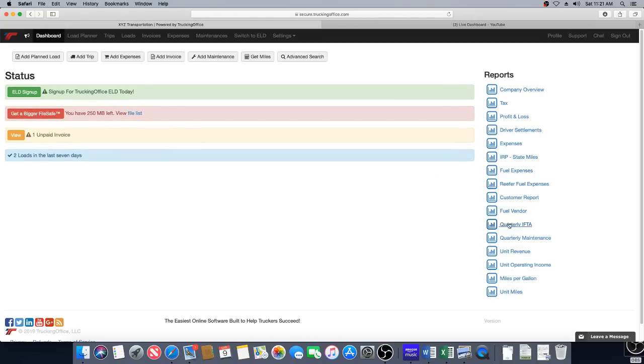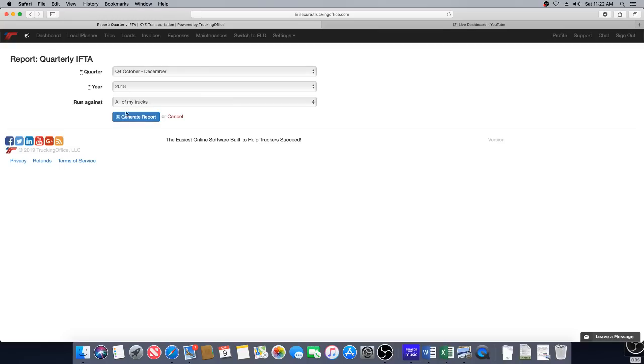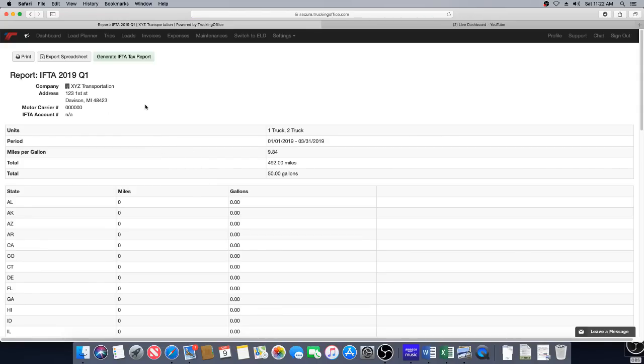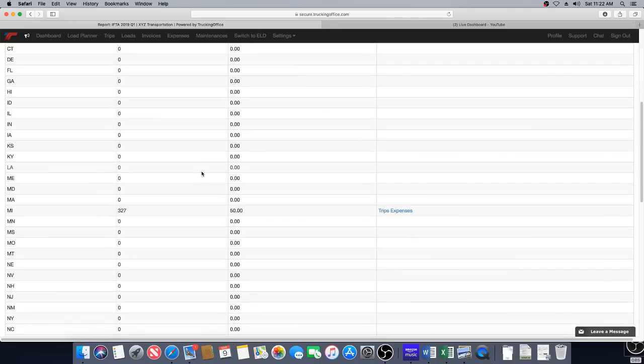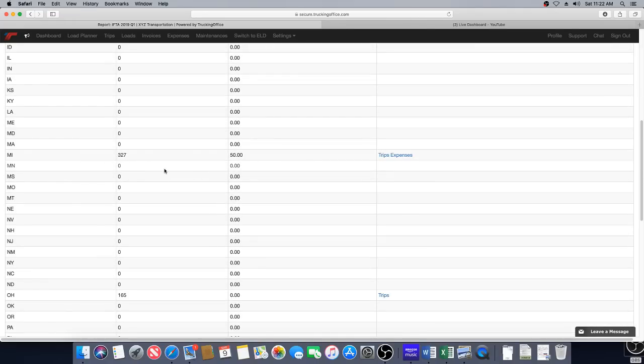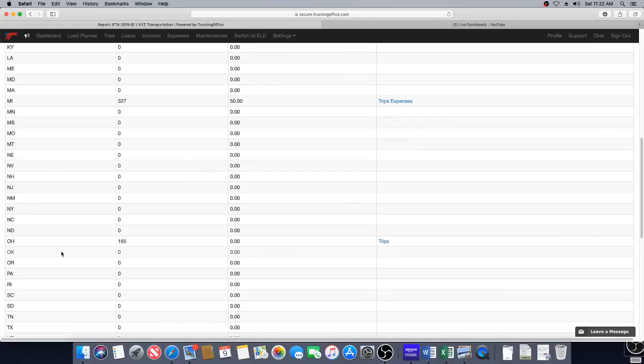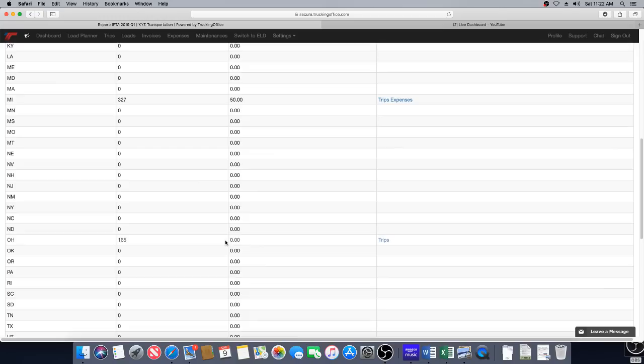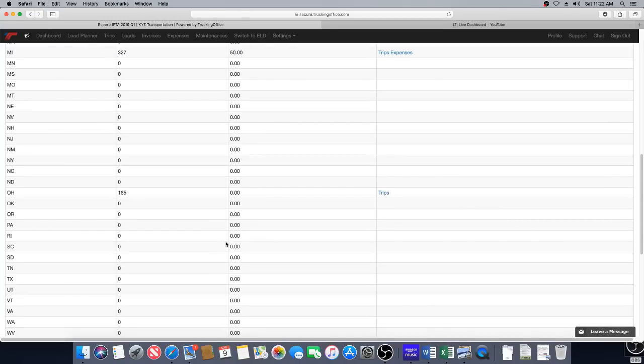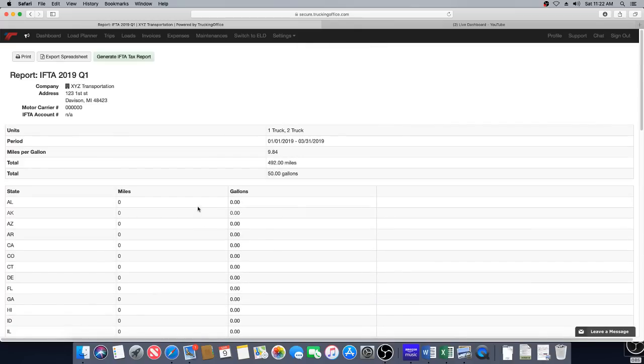And if you want to do the IFTA, I don't know if this thing's set up yet for it, but we'll see. 2019, generate. Okay, here's the IFTA report, right? There's your gallons purchased. There it is, miles per gallon. And if you scroll down, you'll see Michigan was 327 with 50 gallons bought. And then Ohio was 165 miles. And that's how you do your IFTA, right? So there you go. So it's a real smooth system,